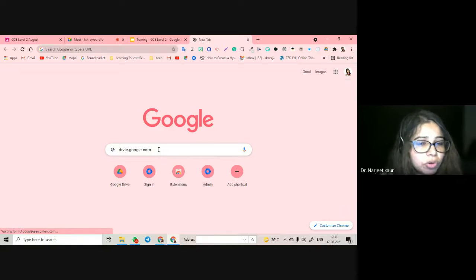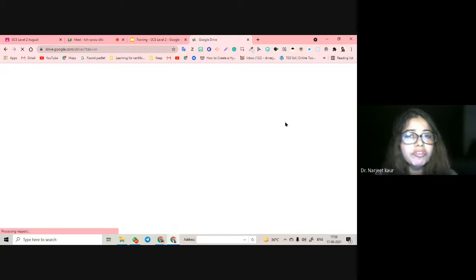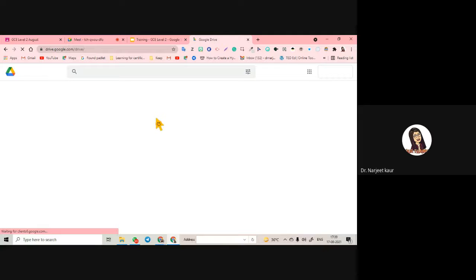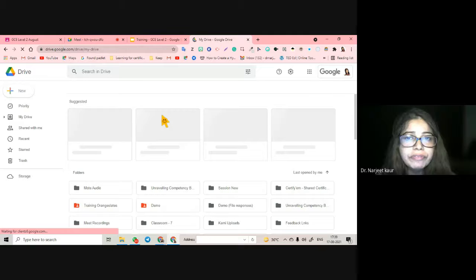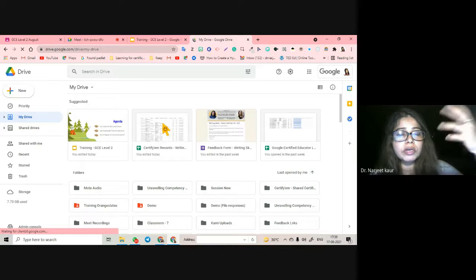You can write drive.google.com to reach it, right? And remember that whenever we access the drive, we are going to access the drive of the email ID that we are logged in with, the Google account that we are logged in with. तो कभी कभी आपको ऐसा लगता है कि see, the things are not working, or my Google Drive is not opening, I'm not able to go to my particular Google Drive.